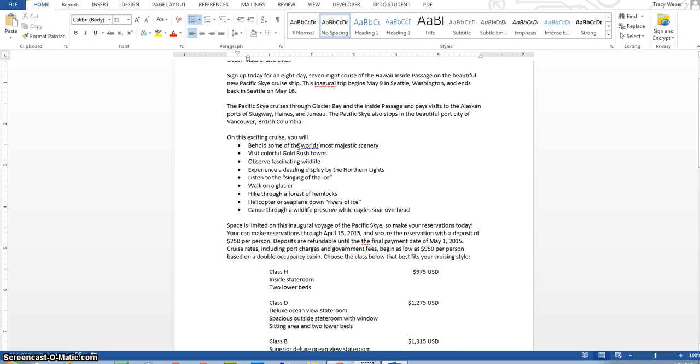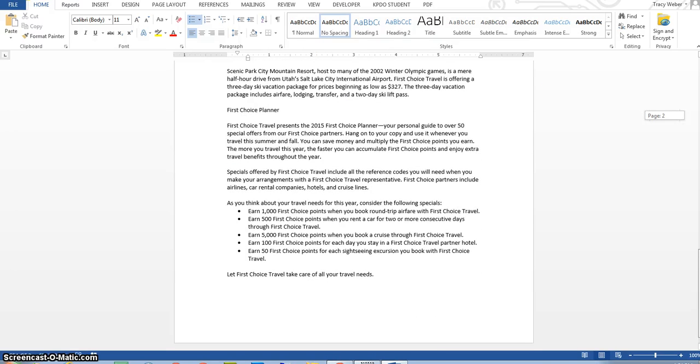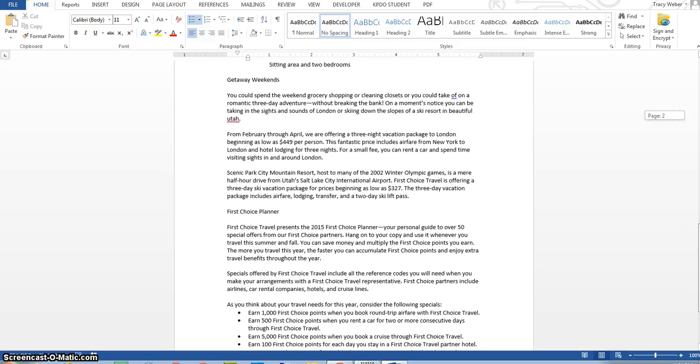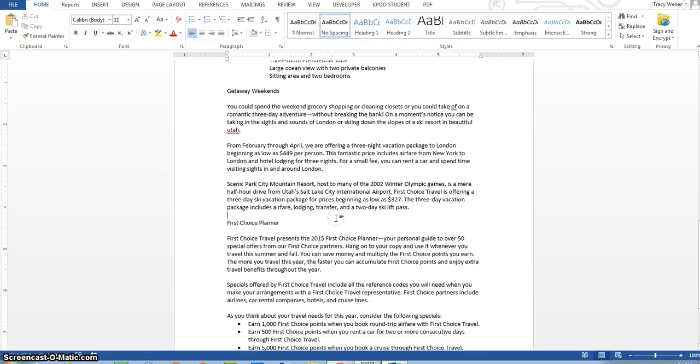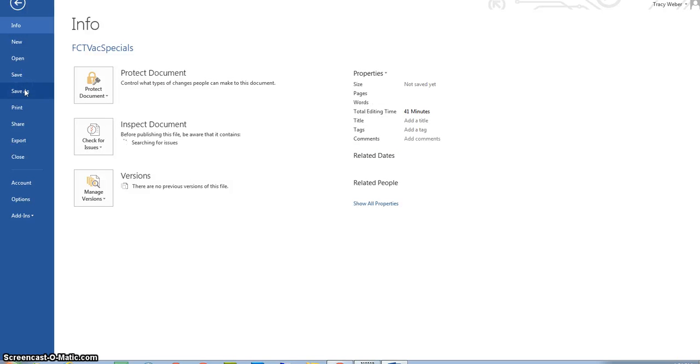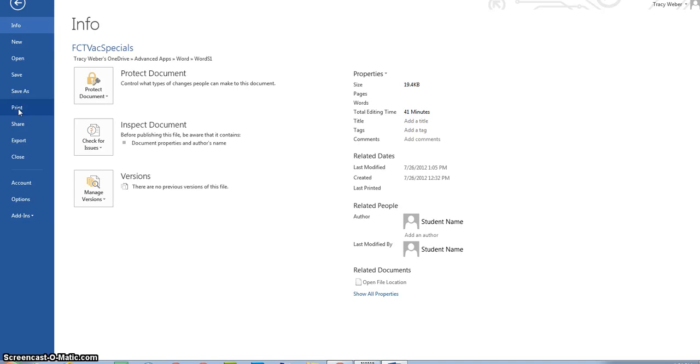Let's say, for instance, we are going to print. And the only thing we need to print right now is the second page. There's a couple different ways you can do it. Okay, you can click on the second page, go to File, Print,